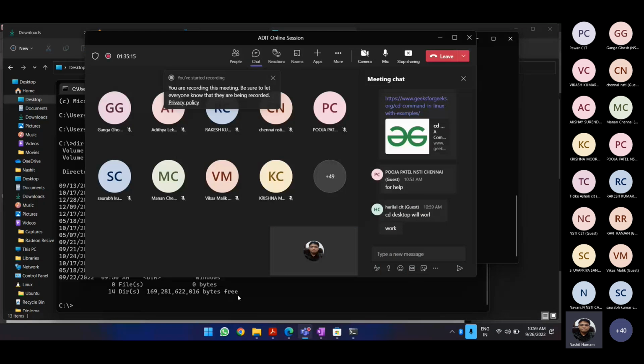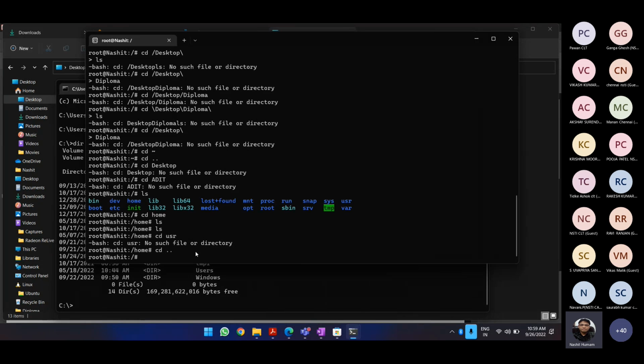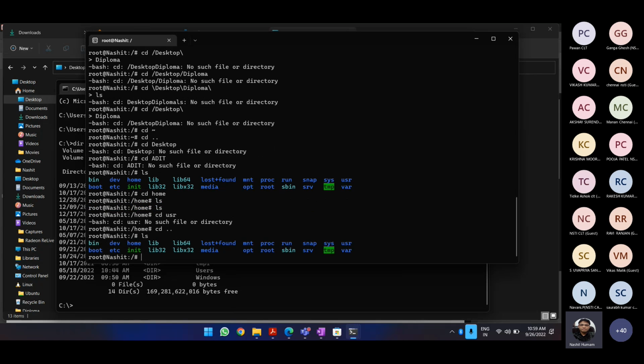Fine, so I have figured out what is happening. It is changing my directories, but let me first move into my home directory or the previous directories. The problem is library. Fine, so let me move into the home folder.